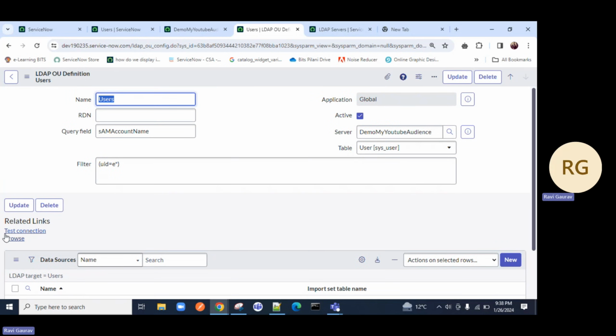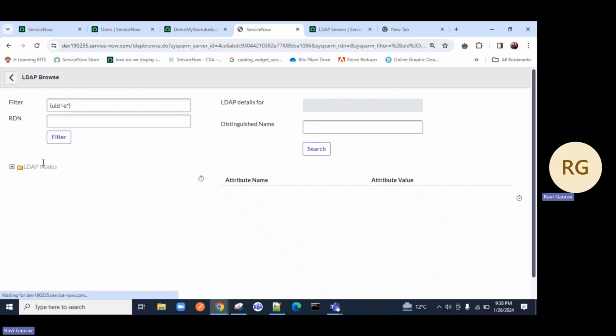I saved it. You have this option called test connection, which is already there. Now click on this option called browse. Once you click on browse, you will see you got a node. Click on this. You got only those users whose name starts with E. And if I click on this,